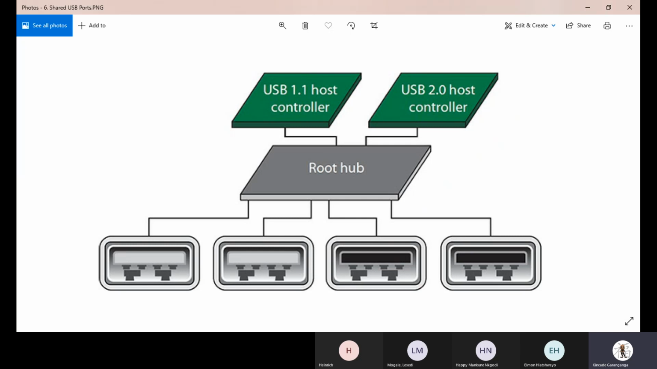This particular hub can have shared ports, which means that it can accommodate 1.1 ports. It can also accommodate 2.0 port configurations. So it's important for you to understand that your root hub doesn't act as a sole platform. It can still accommodate varying standards and speeds across the board. But remember, what is imperative in this particular example is the fact that your motherboard, or your specific